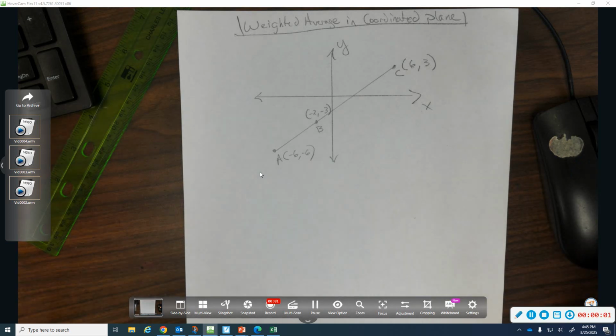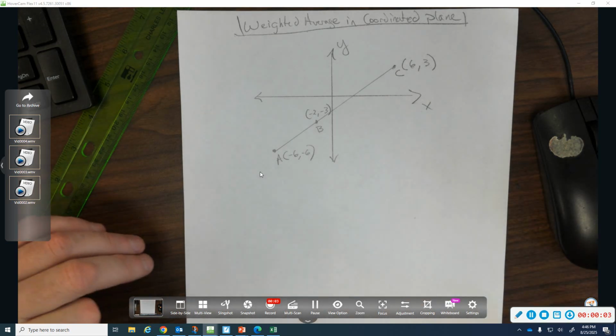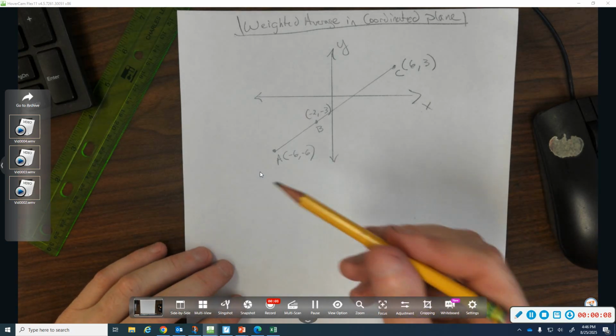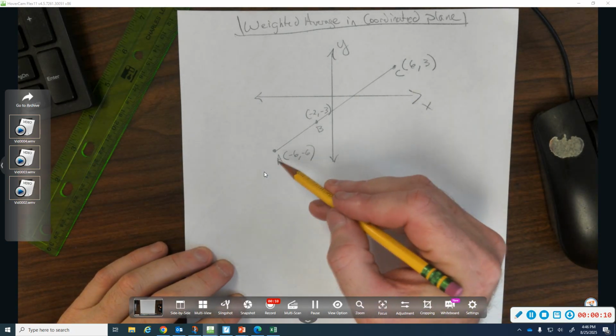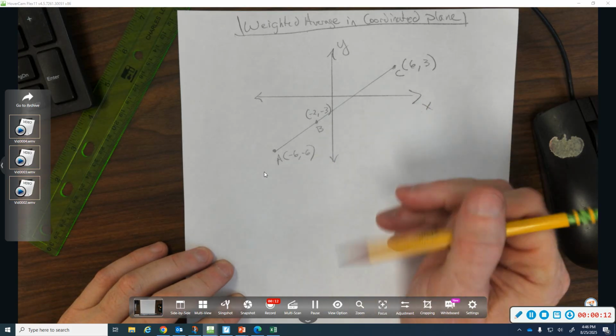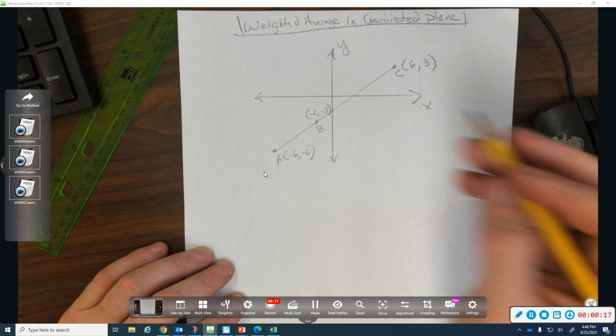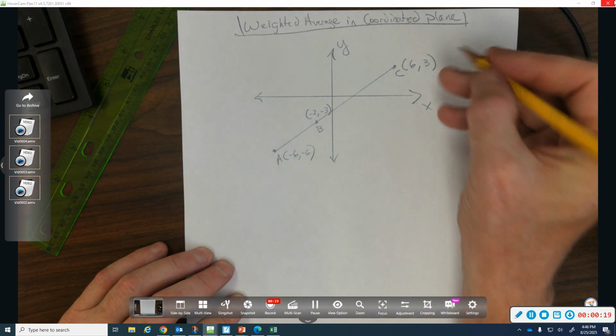So we are going to look at weighted average in the coordinated plane. Very much similar to weighted average on a number line. It's just we have to do both the x values and the y values. So what we want to think about is, let's say I tell you